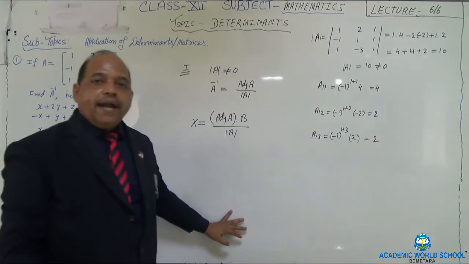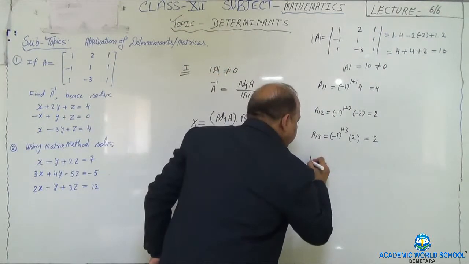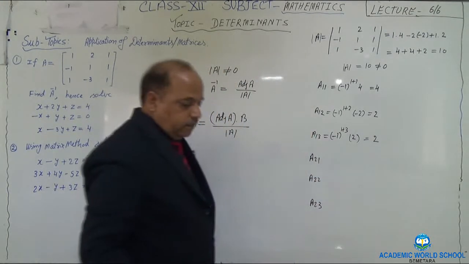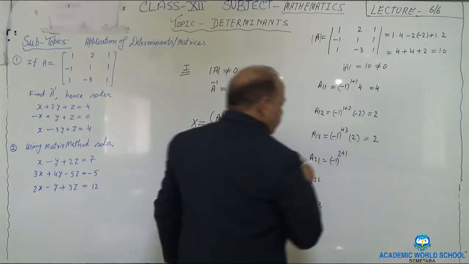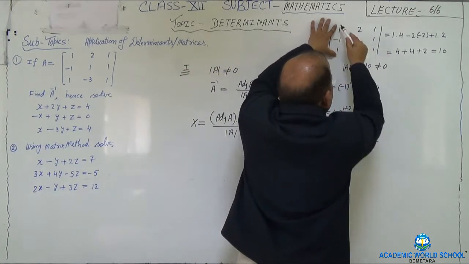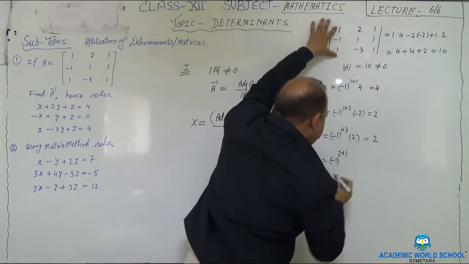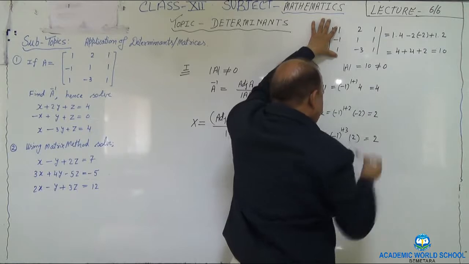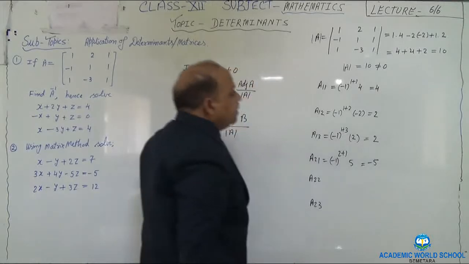So we got the cofactors of elements which are kept in first row. Let's take up second row element, A21, A22 and then A23. So if we calculate this, it will give you minus 1 to the power 2 plus 1. Where is A21? This is A21. Leave this part, leave this part. So if I leave this one, what is there? 2 and then plus 3. It will become 5. Check that here. 2 plus 3 gives you 5, and over here this is odd number, therefore this becomes minus 5.